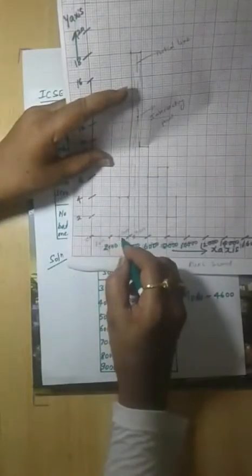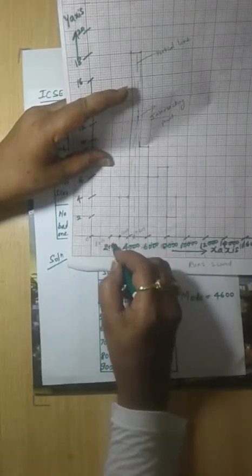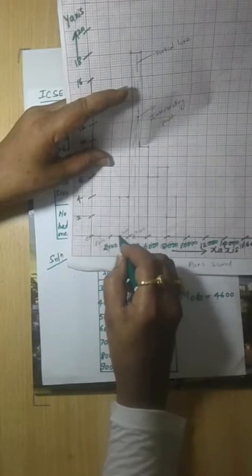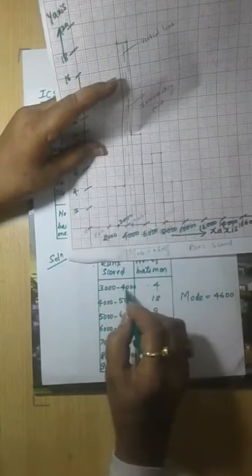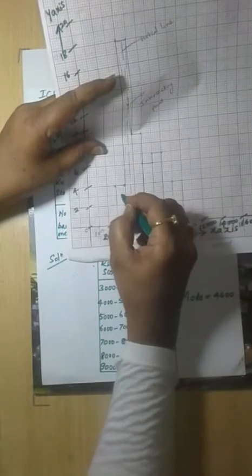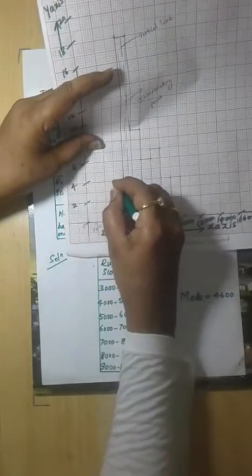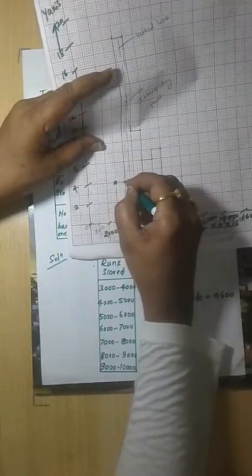So now we shall take the first point, that is 3000 to 4000, it will be 4. So 3000 is this point, between 2000 and 4000 we will get the point 3000. So this is 3000 up to 4000, 4 number of batsmen. According to the y-axis it is 4, so we can point this as 4. Next up to 4000 means here.